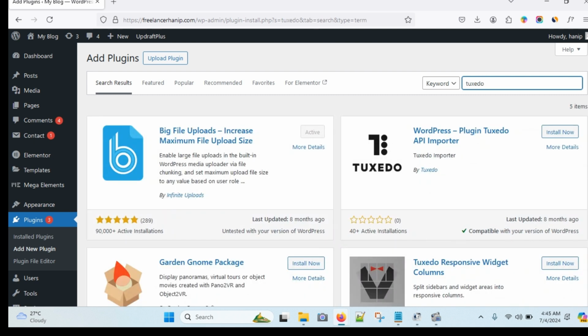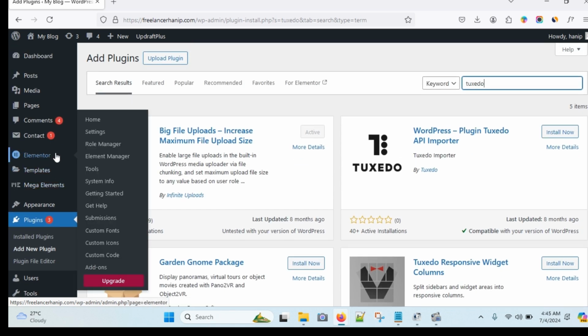Now you can see I already installed that plugin and activated it. Okay, you should install and activate this plugin, and after that go to the